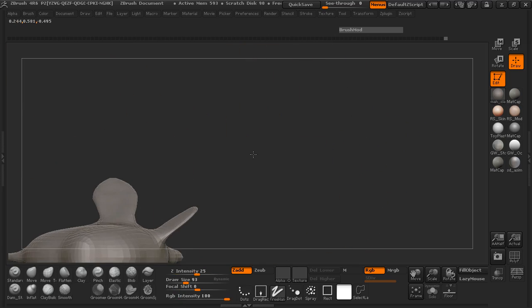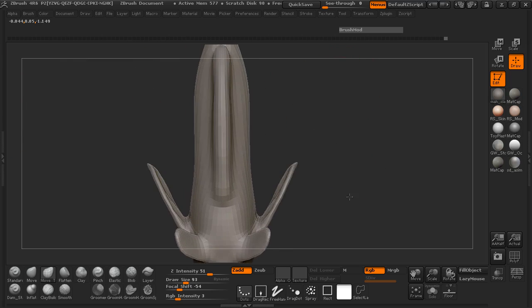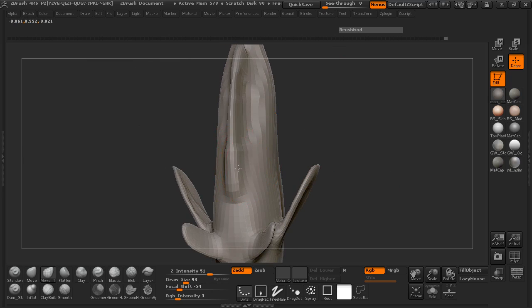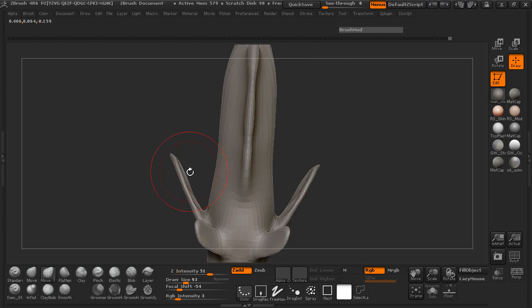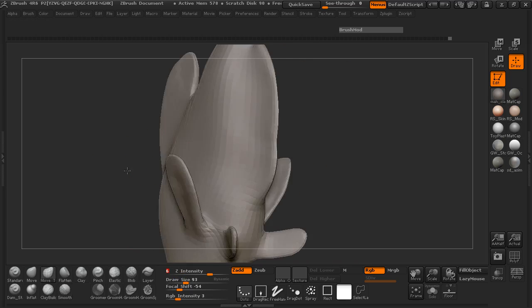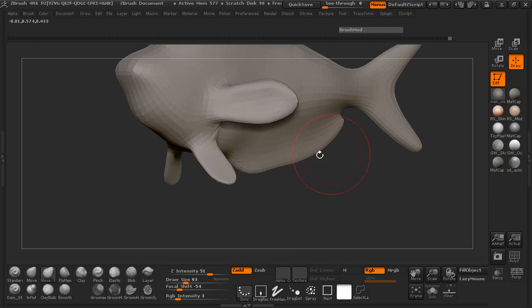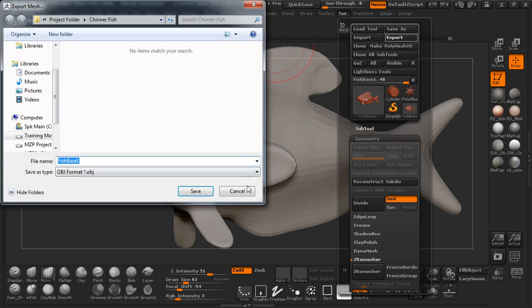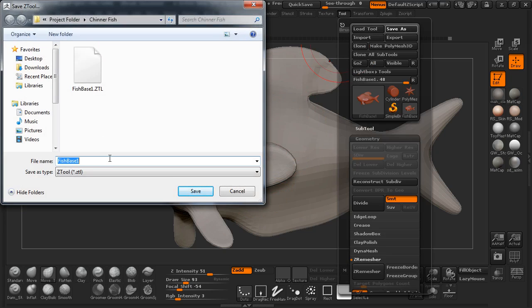Okay, so let's go ahead and zoom out here. I'm just going to take a look at the rest of our body. So I need to make sure I thin out the bottom fin here, because that's way too thick. It was almost like a cigar. Go ahead and thin this out here as well. Maybe turn my smooth up a little bit. Okay. And at this point, I'm going to go ahead here and save. Oops, not export. I'm going to save this. So we're going to call this our chinner